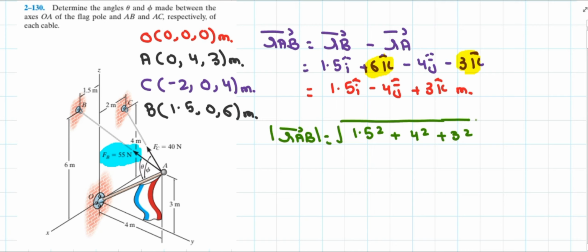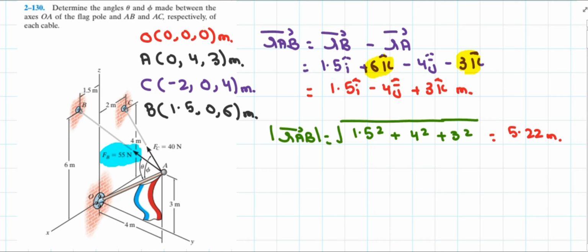3 square. If the question arises in your mind why I don't write the negative sign here, the answer is, if I write the negative 4 here, the square above the 4 will automatically convert the negative sign into positive. So that's why I'm not supposed to write down the negative sign here. Now grab the calculator, put the values into it, and solve it for the magnitude of R_AB. Now the magnitude of R_AB is 5.22 meter.